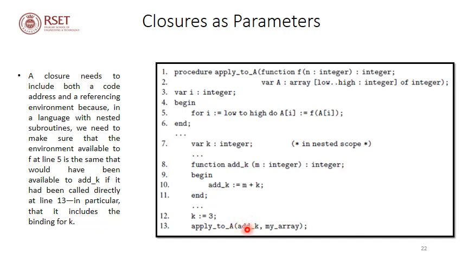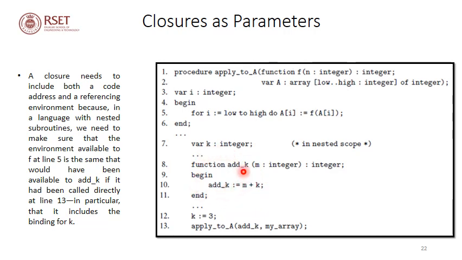Now we'll check in this code for the definition of the function add k. That we'll find in line 18, that is a function add k m integer. As in this formal subroutine, this function f takes an integer argument as input and it returns an integer value. Similarly here add k takes an integer argument m as input and it returns an integer value. Within the body of the function it performs the operation m plus k. Notice that m is the parameter passed to add k. However, k is not defined in its local scope. Rather it is defined in its enclosing scope. So k is defined in the enclosing scope of add k.